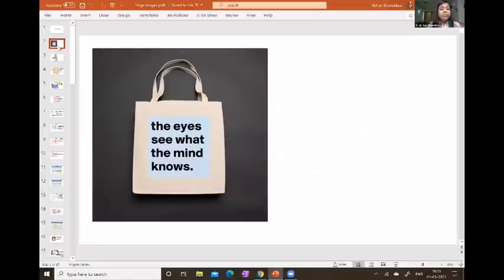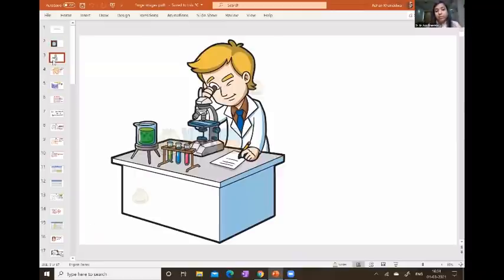Yes, before I start with the hematology images, I would like to tell you a very important thing for us doctors: the eye sees what the mind knows, right? As a pathologist, if my mind does not know what to look for in a slide, if my mind does not know the differential diagnoses for that particular patient, I would not be able to see those things, right? So it's very important for us to see these slides carefully, correct?